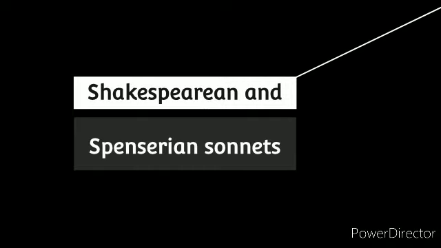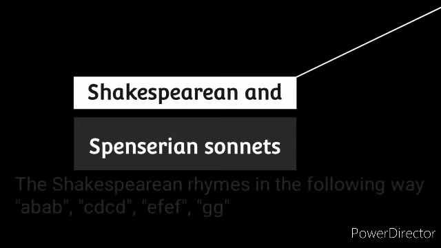Today we will discuss the Shakespearean and Spenserian sonnets. What are the various differences and the similarities between Shakespearean and Spenserian sonnets? Both Shakespearean and Spenserian sonnets are 14 lines of iambic pentameter divided into three quatrains. A quatrain in poetry is a series of four lines that make one verse of a poem, known as a stanza, and one couplet. The most noted difference is the one between the rhyming pattern of the two.